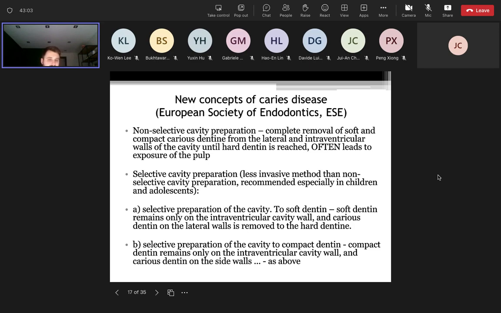Soft dentin remains only on the intraverticular cavity wall, and caries dentin on the lateral walls is removed to the hard dentin. This is the case when we are not able to remove soft tissue in the hole because we will end with the exposure of the pulp. In that case, we use odontotropic materials as a temporary filling, like zinc oxide with eugenol or